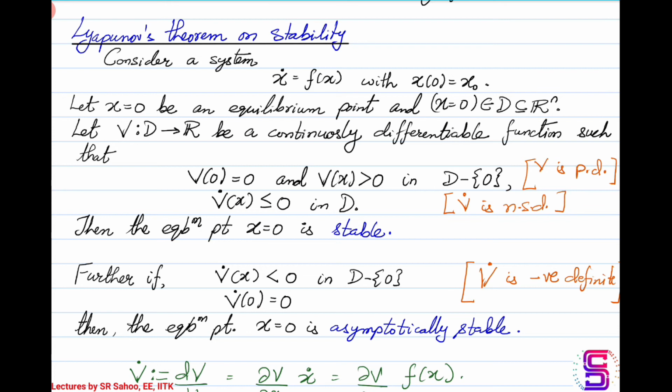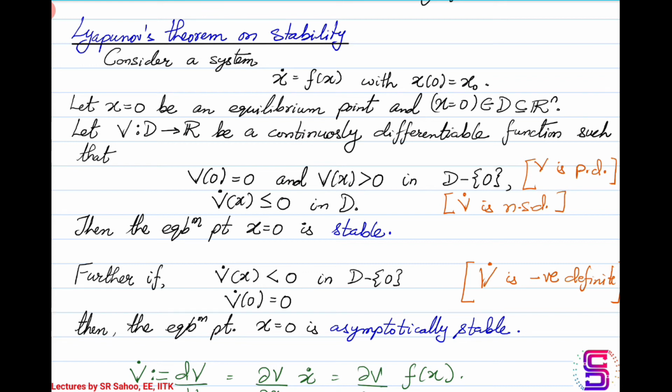Okay, so you can establish this energy, which is the potential energy plus the kinetic energy, as something that is trying to tell you about the nature of the equilibrium point. Okay, so the energy that is there will never increase. It may remain constant, or it may decrease due to dissipation because of the damping factor that is present. Okay, so to formally put this theorem, what we have is this.